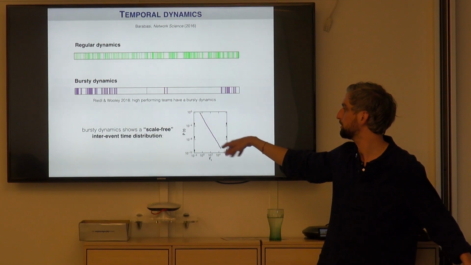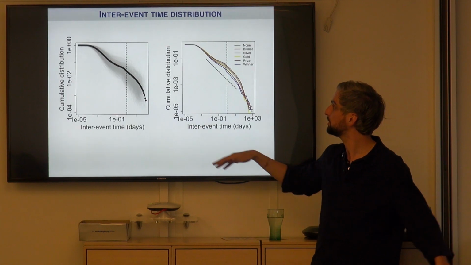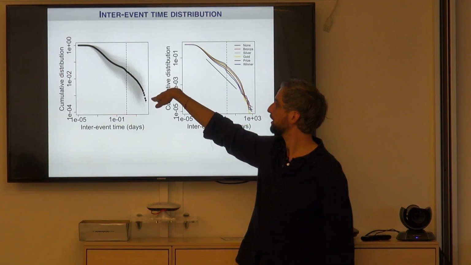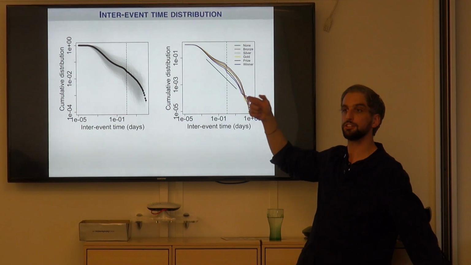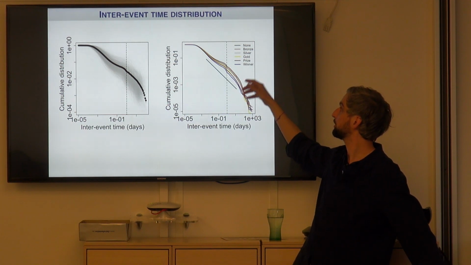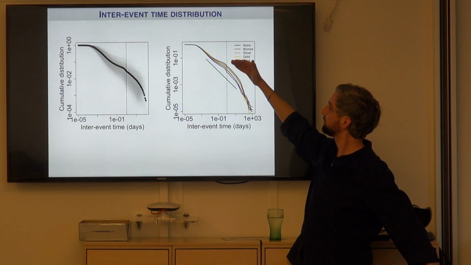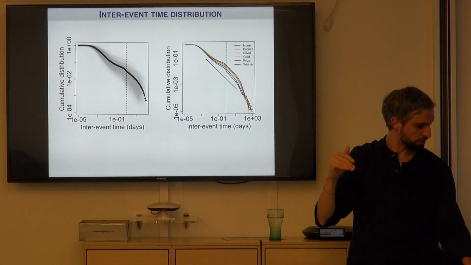So what we're going to look at is the inter-event time distribution. This is the inter-event time distribution. All gray lines are all teams. The black line is the average. And this is if you then categorize teams by their final performance in the competition. What you see, the black line is no medal and blue is winner. So you see that the blue is approaching this